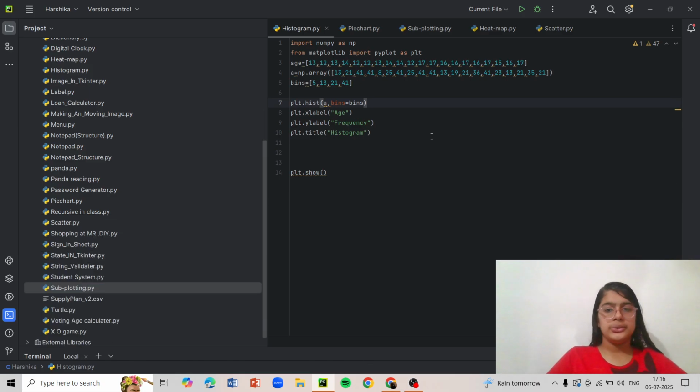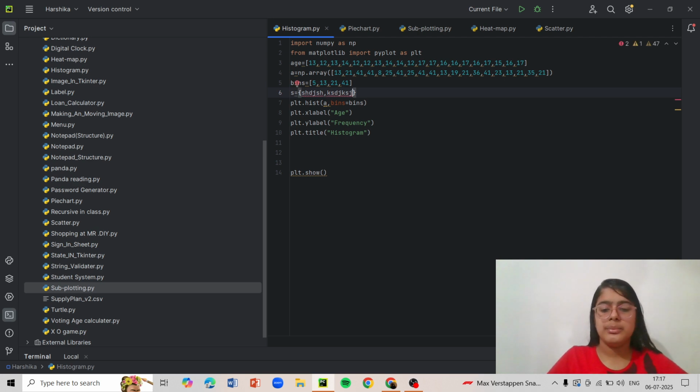So now let's go to the code. In the code, I have made two lists and one array. You can use any array and any list. It does not matter, but you cannot use tuples and sets. Here, this is a tuple.